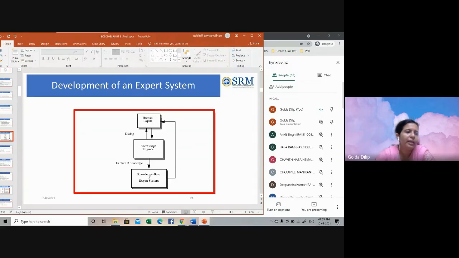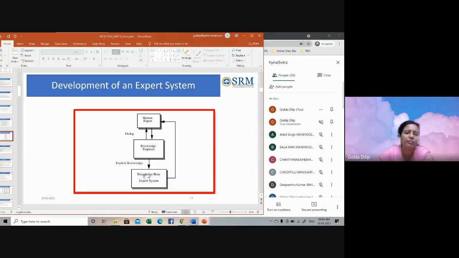But in case the expert is not willing to cooperate or to give the proper information, then things can become complex. The knowledge base that you're trying to build needs to be refined to match the required performance. All these aspects will have to be taken into consideration. The process of acquiring the expert knowledge has to be done very carefully, but it becomes a complex task many a time. To construct a good knowledge base, that is the most important thing.